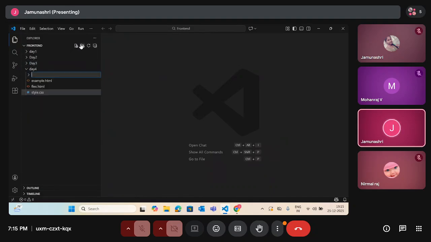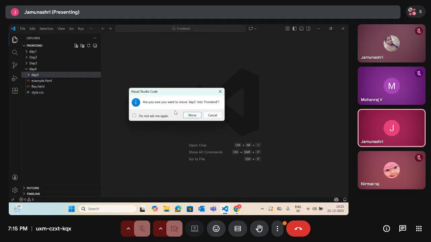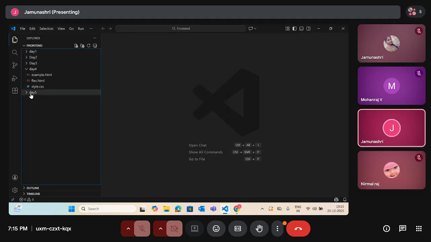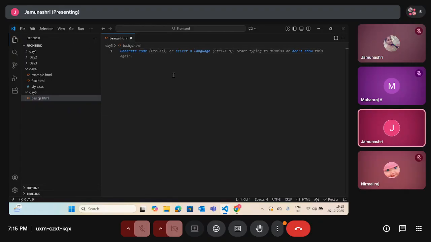I create one more file called day5, with the name basic js.html. Inside that I generate the code: doctype html, normal html, and then